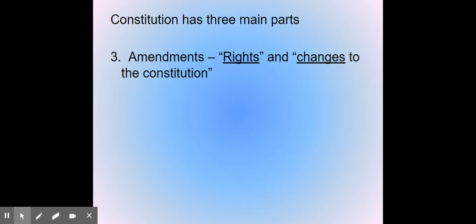Now, the first 10 amendments are the Bill of Rights. We're going to talk more about this at the end of this unit, if not next week, the week after. So the first 10 amendments are the Bill of Rights. Amendments 11 to 27 are later changes. And that's it. There's only been 27 times that we as a country have felt the need to change the